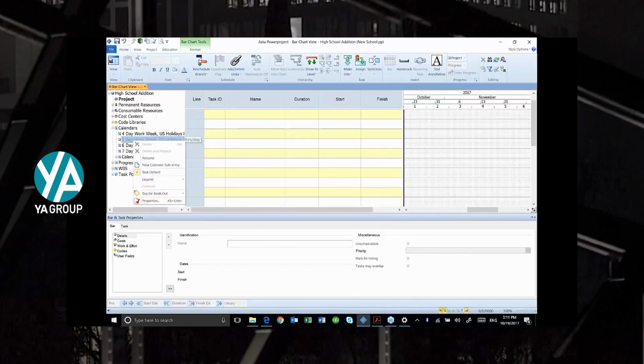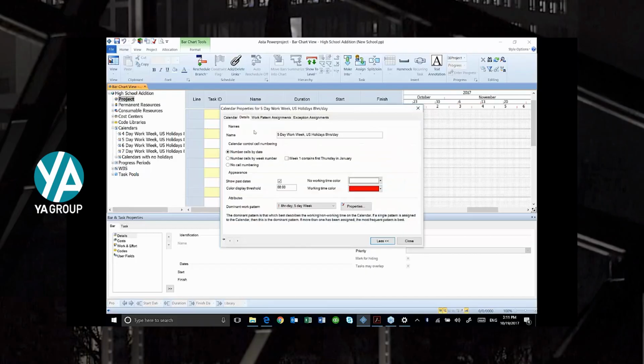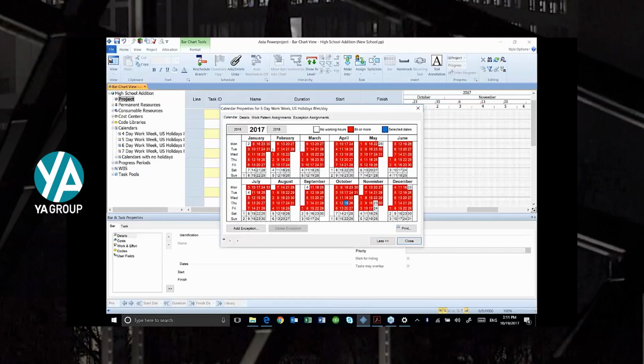If I right click on it and select properties, let's do that. Right click, go down to properties, and that far left tab is my calendar. You'll notice this is in a different format than what you may typically be used to as far as calendars. It goes Monday, Tuesday, Wednesday, Thursday, all the way down vertically as opposed to horizontal. It takes a little bit to get used to that, but each Monday is across the top. Now I can very easily take a calendar like they have here and set up holidays and other